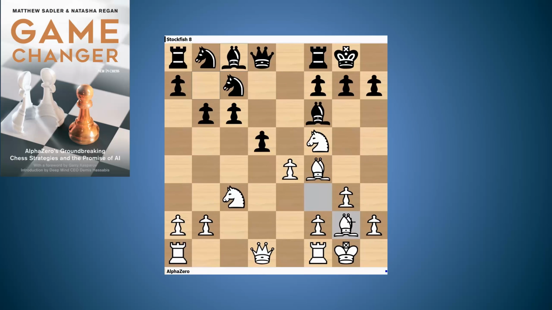Bishop c8. So we see black here trying to do something with its light squared bishop actually, and what it's doing there, it's attacking the knight on f5, which means that white is less able to take on d5 with the pawn because the knight would hang. So